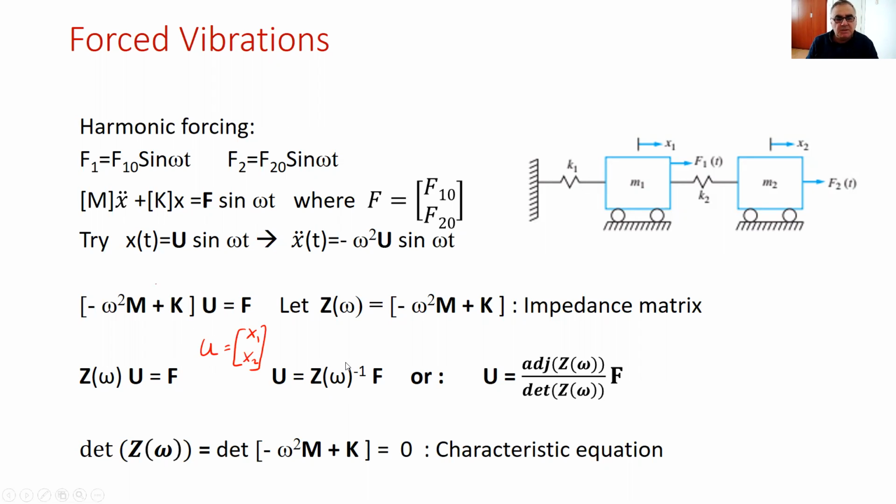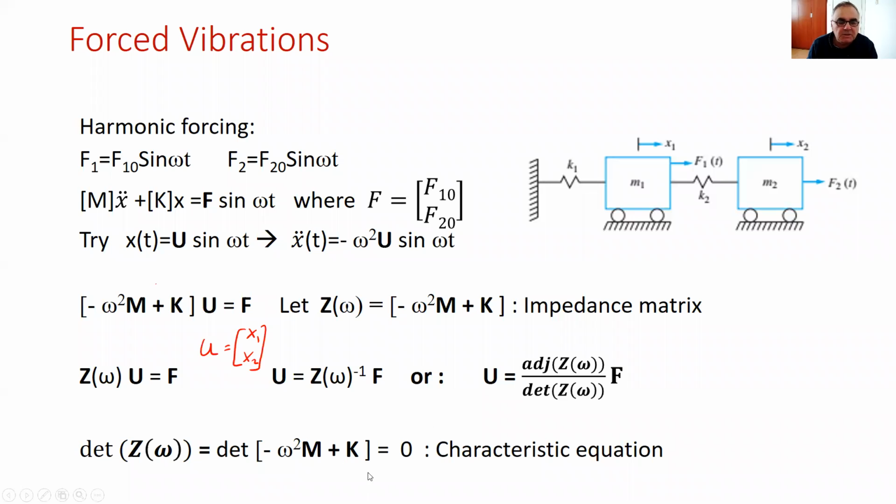If you invert a 2 by 2 matrix, the inverse of a matrix is the adjoint divided by its determinant. And the determinant of Z of omega is simply the determinant of minus omega squared m plus k. And remember that equating this to 0 gives you the characteristic equation of your system, from which you can find the natural frequencies of the system,